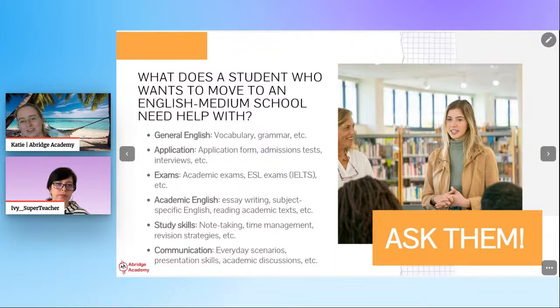I feel like we've drilled this in a lot in the last 25 minutes, but we've really emphasized the importance of asking questions to the parents for this reason. Like, you need to understand exactly what they need to work on. Ask them, do your assessment with the student, and continually keep up to date with what they actually need to improve on. Because if you're spending ages talking to them about interview practice, turns out they've already done the interview and they actually need help with passing the test, then you're wasting your time.